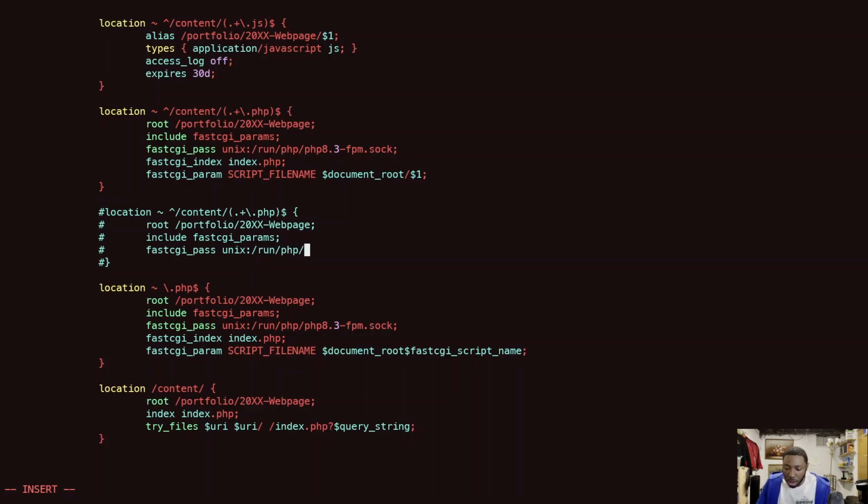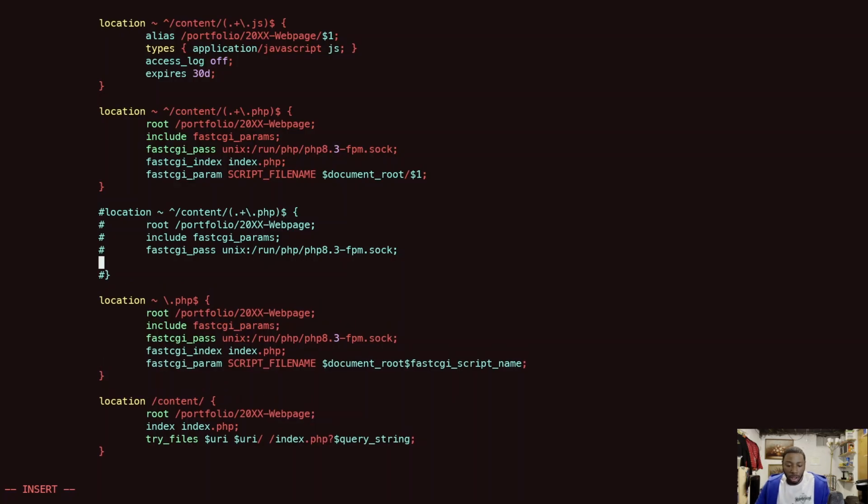So it's going to be just like how you see it above. All right. Okay. So we have to include the library, let it know where the socket is,